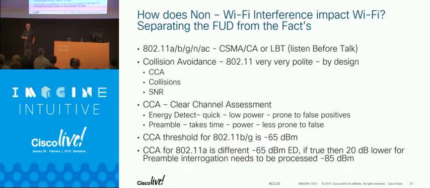Has anybody here encountered LTE in our spectrum yet? LTE just released LTE LAA, and there was the LTE-U controversy going on for a while, but I think that's pretty much dead. LTE LAA is a carrier mechanism that allows a carrier to use their private spectrum for the uplink and then use Wi-Fi channels for the downlink. Why? Because under Part 15 in the FCC and also in ETSI for your rules, we have to accept all interference. We can't interfere with anything, and if anything else is operating, we have to yield to it.